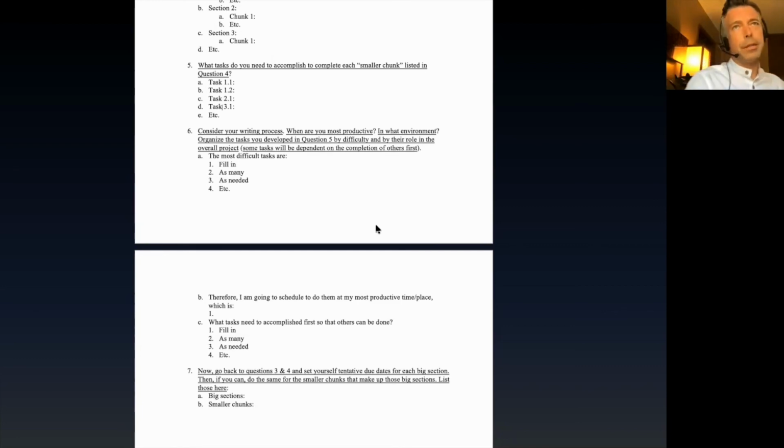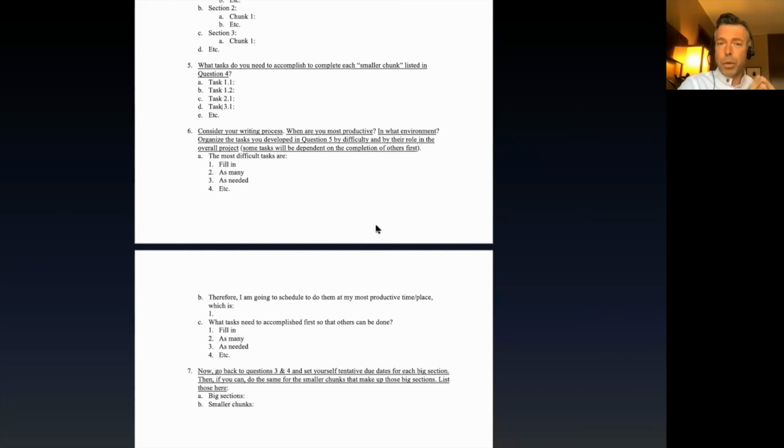I know I work best between 8:30 and 11 a.m. That is when I write best, just because I'm forced to wake up in the morning. I have a 9 to 5. If I was able to stay up late, I would probably be able to sleep in. I could probably write in the middle of the night. But with the way I am right now, 8:30 to 11, that's when my brain is sharpest. That's when I get the best writing done.